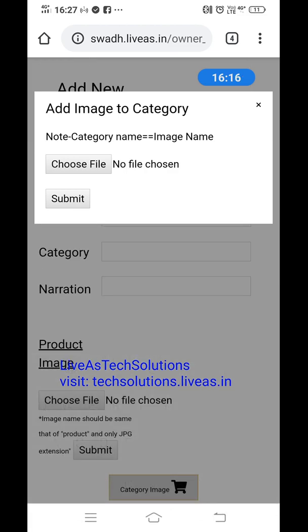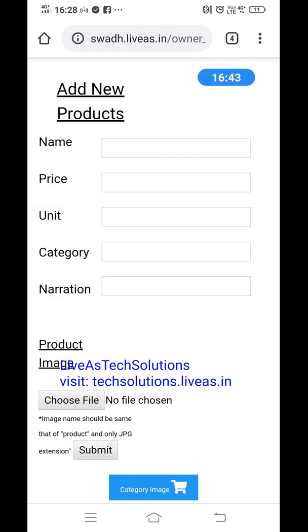There you need to select the file and submit. The thing to be remembered is that category name is equal to image name. Whatever image you are uploading, that image name should be the same as the category. For example, if you are creating a category like mobiles, then the image name also should be mobiles. Then only the image will show in the category.